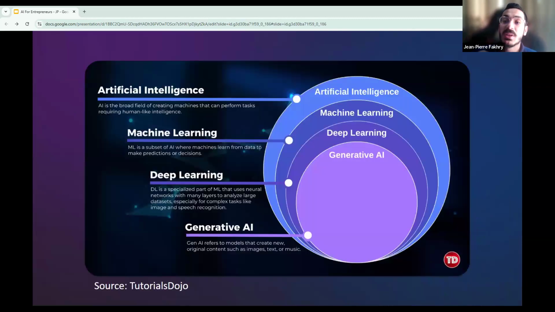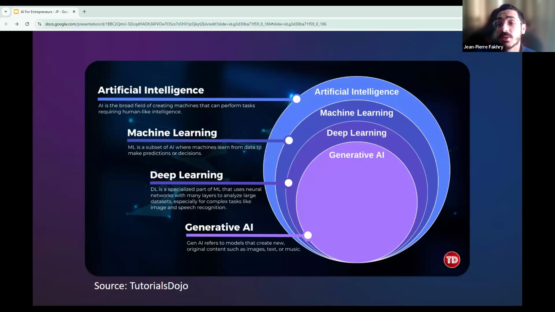Now, these four terms are often used interchangeably: AI, machine learning, deep learning, generative AI, but they mean different things. And using the wrong one in a pitch or a product decision can really cost you. So let's go ahead and explain them briefly. First of all, AI is the broadest umbrella. Basically any software that does something requiring human-like judgment is AI. It doesn't have to be a model. It can be a few lines of code. It can be AI as long as it can mimic human behavior.